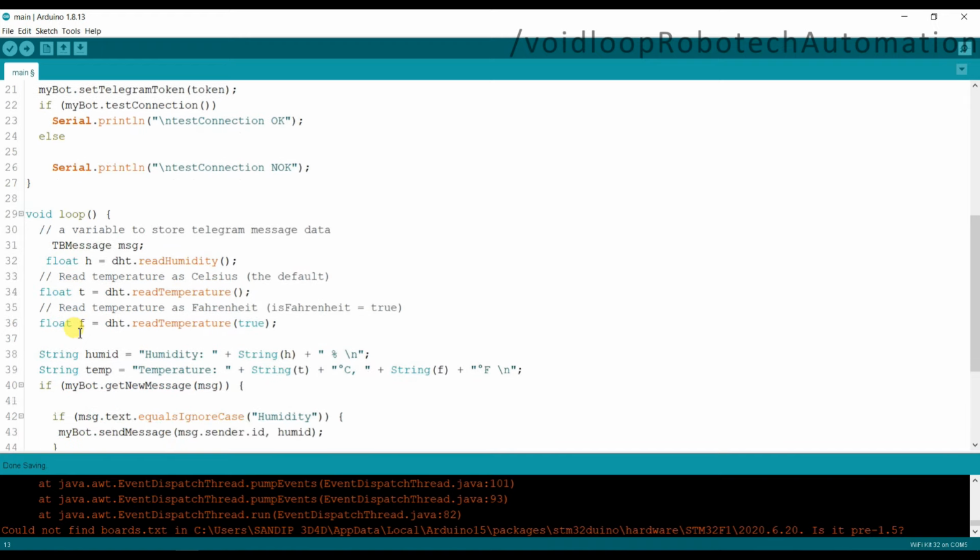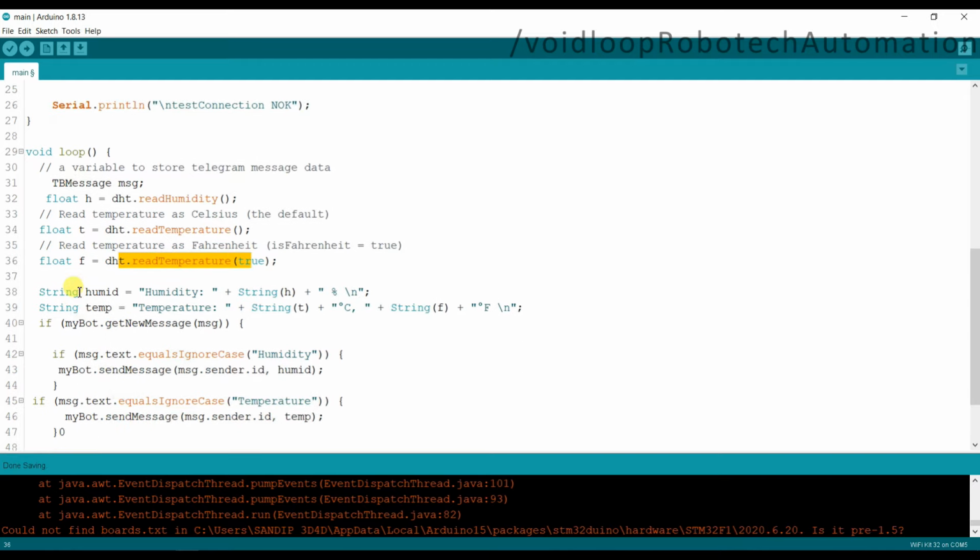So you can see the H variable stores humidity data, T stores temperature data, and F stores temperature in Fahrenheit. Okay, this is a string, a humidity string. It will store these things and the temperature string will store this thing.